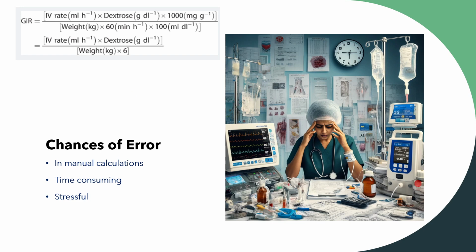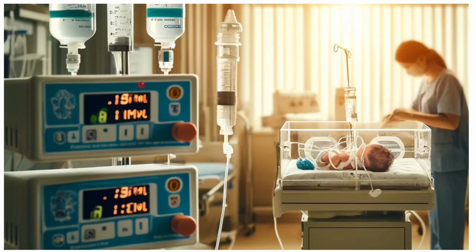And in the bracket, we usually write this corresponds to GIR of 8 mg per kg per minute, right? But arriving at these numbers involves a lot of complex calculations, and there are chances of errors in the manual calculation. It's time consuming and stressful, and especially when you are in a busy work environment, stressed with multiple works, these calculations really take the toll out of you. So getting a glucose infusion right and then frequently monitoring it and changing it is a tiresome process for any resident in an ICU,